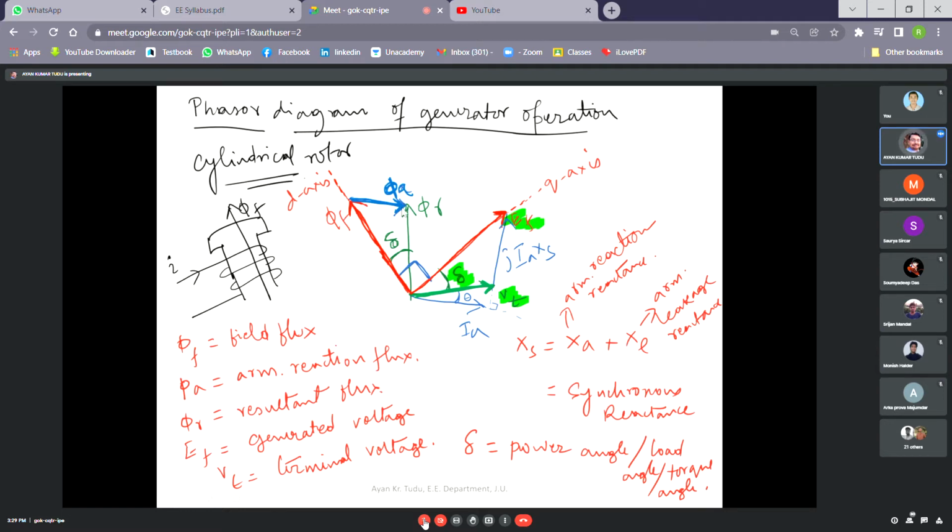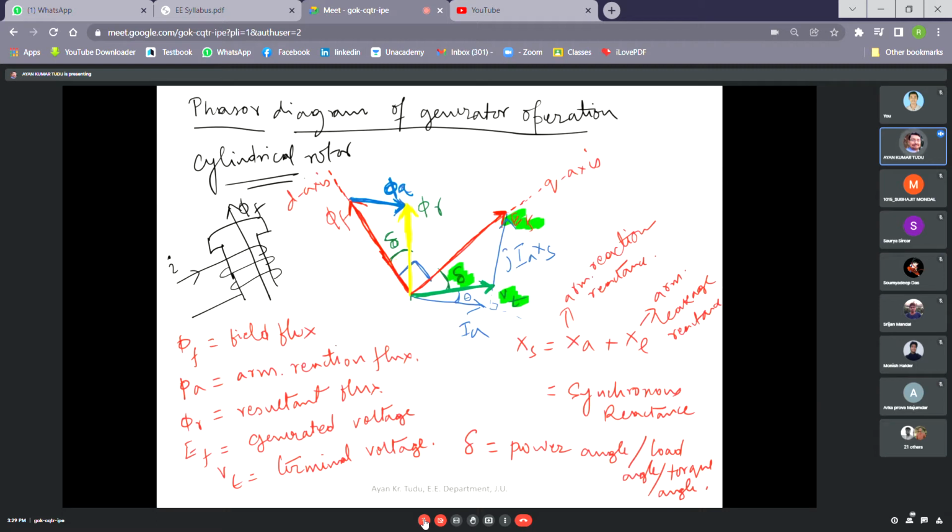So this is our phi r. As you can see, this green line is our phi r. Let me just write it down in yellow. So this is our phi r, as you can see here. So this yellow line is our phi r. As you can see, if this is 90 degrees, we have